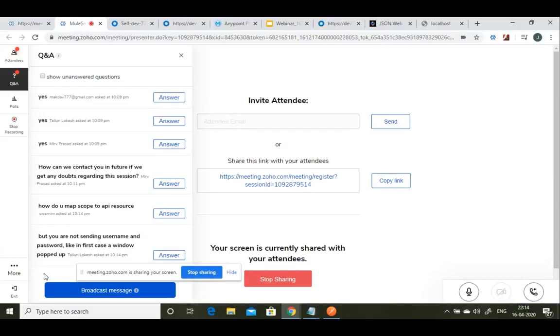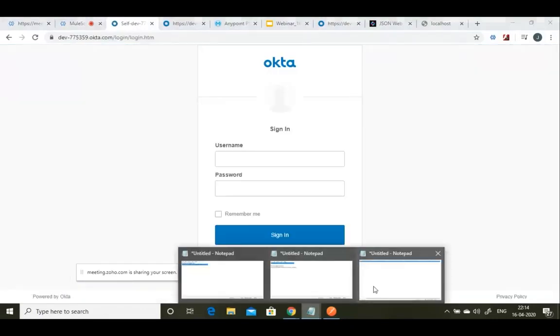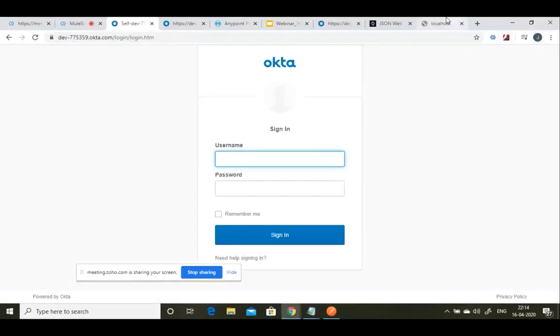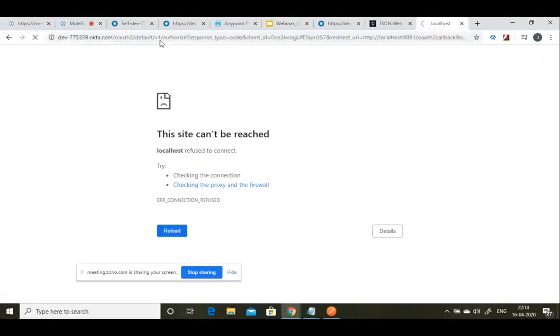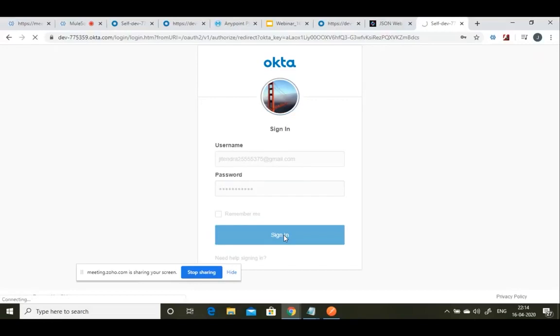See, I'm not sending the username, but you are not sending. See, because I'm already logged into Okta in my browser, right? So that's why it hasn't asked me for the username and password. Let me show you. I will sign out. Okay, and I will try to generate the authorization code again. Now I got signed out. Okay, and I will generate the authorization code. See, now it will ask me for the username because it does single sign on. If you are already logged into a browser, it will not ask for the username and password again. Now, as soon as it redirects me to the callback URL again,